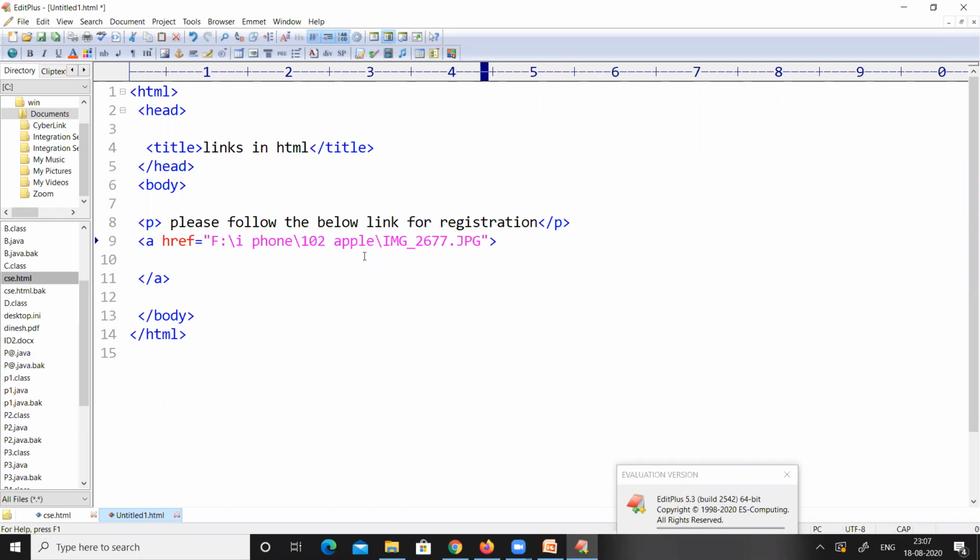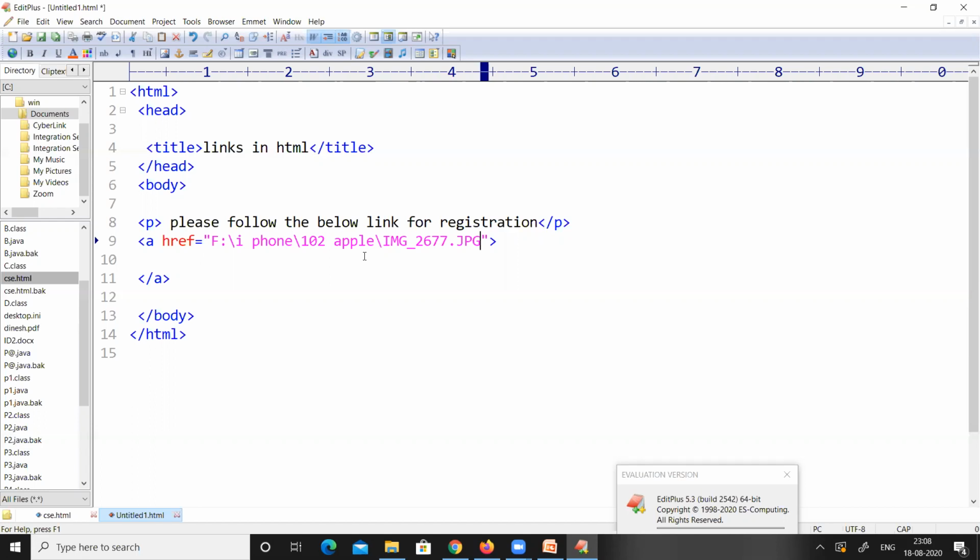So here we have to provide the fully qualified name of the document or the image, that is, the full path of the image or the document. We have to provide the complete path and fully qualified name for the href attribute.